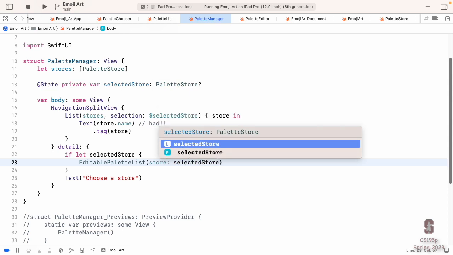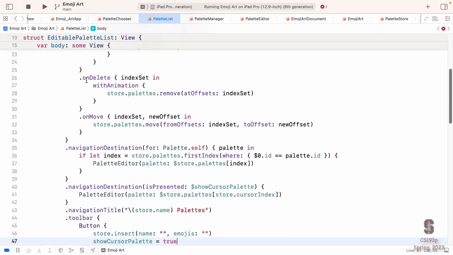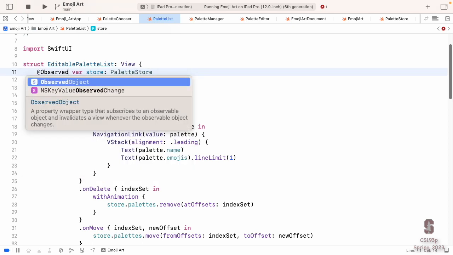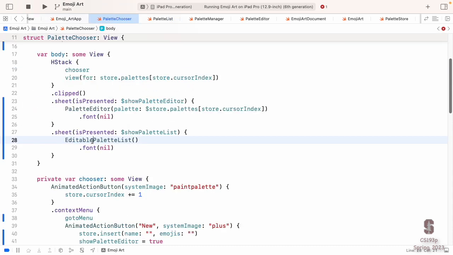Now, unfortunately, when we made EditablePaletteList here, we injected the store into it. Remember this? PaletteList, EditablePaletteList. Oh, it's injection mode. So this has to go back to be not injection mode. And that's going to cause us to have to go back to the PaletteChooser over here and pass the store to it, which is fine. It will just pass it the one that was injected into us. So sometimes that injection, not really what you want. I'm going to have to go back and do it. It makes sense here. Run.